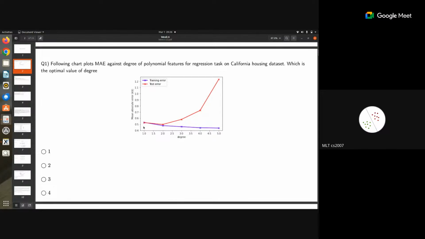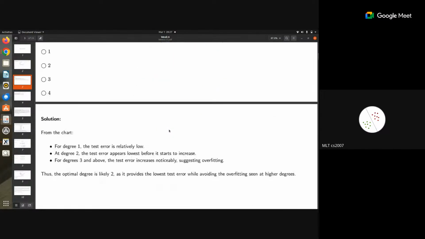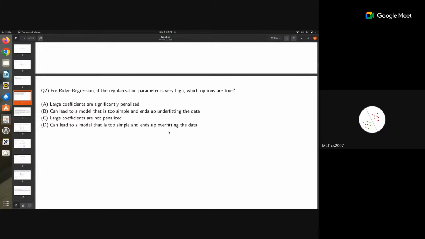We didn't choose this one, degree 1. We chose degree 2, right? Why? The test error is less, and the error is less for both. That means we are okay with this kind of complexity in the model. The test error was the lowest at that point. That was the case. So similarly, we can argue for